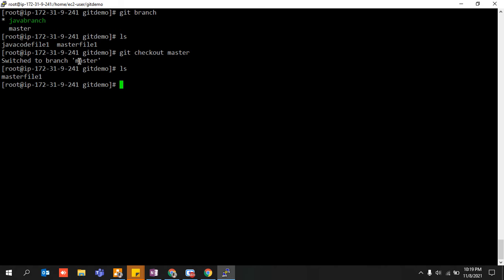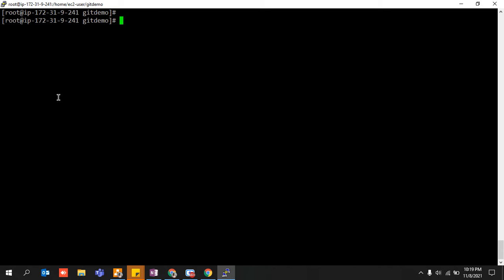I did a git branch. So I am on the master branch. I can see only one file. I want the code of Java code file 1 from this particular branch. So how to do that? Control L. Go to your master branch. Currently I am on the master branch. This is the way I follow. You can follow any other way, but currently just check your branch. I normally tend to be over here on my master branch, right?